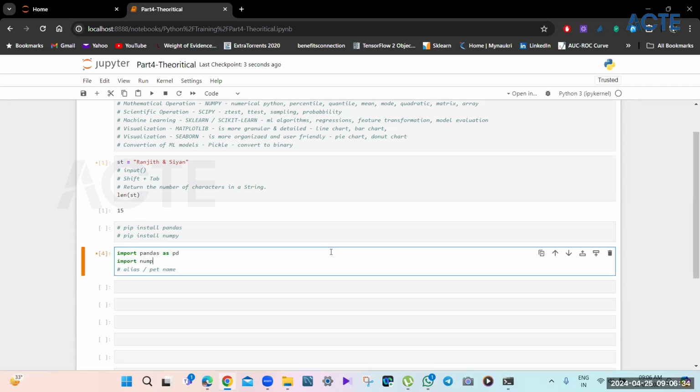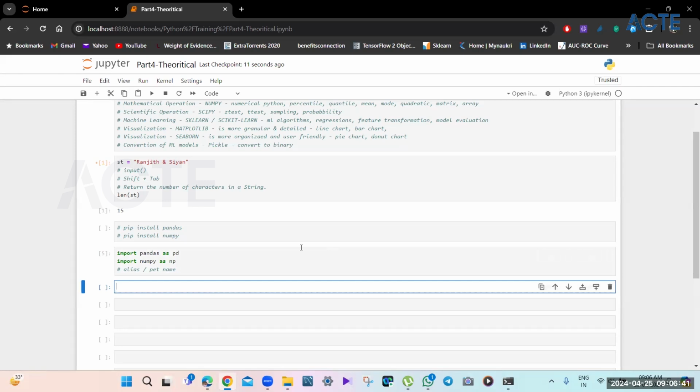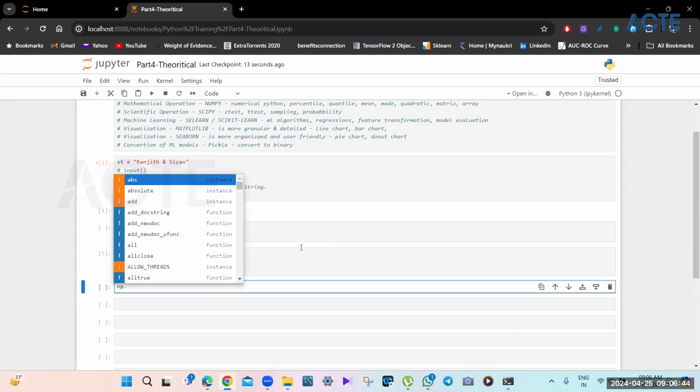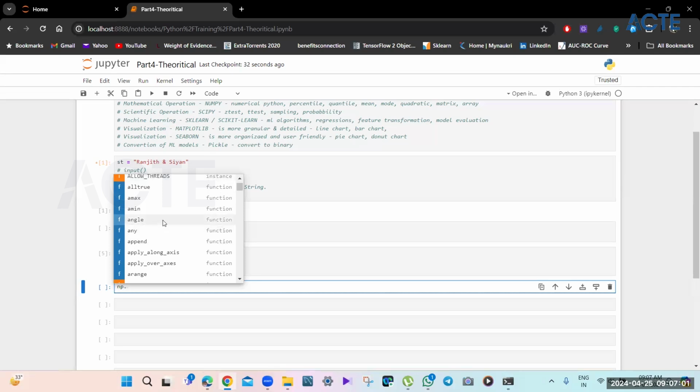Same, let's say if I have to import NumPy, I will just alias it, give it a new name, and run this. So np dot, this will show me all the functions. Now NumPy is numerical Python, right? All the mathematical things, all the numerical things. So that's why all these are mathematical functions. ABS is absolute. Then A max, argument max, append is there. A range is something that we will see later.